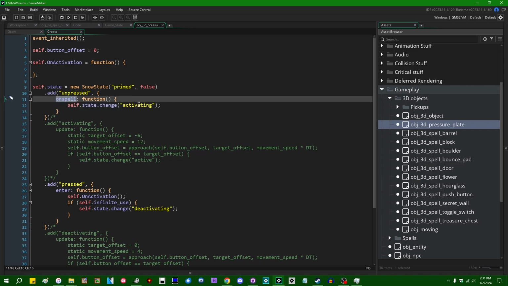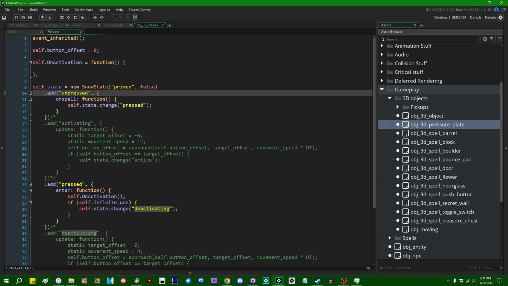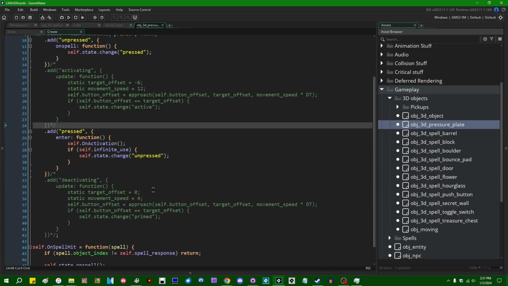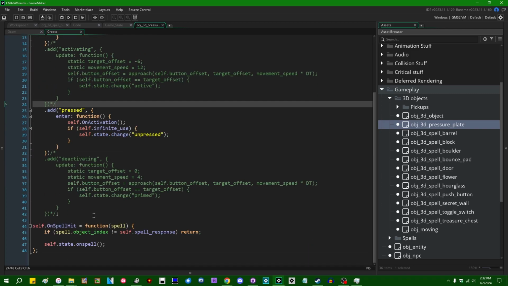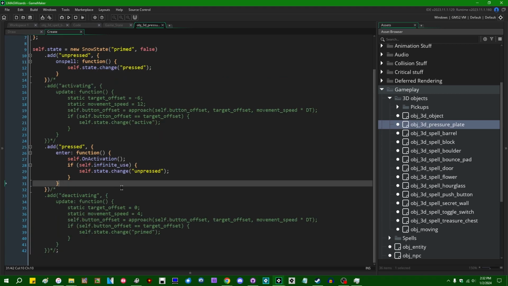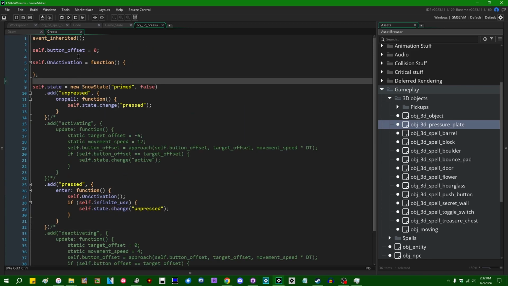So instead of saying on spell, we'll change state to pressed or unpressed. We will instead check for collisions with certain objects, and that could be, let's say, the player. Maybe the player can just step on a button. That could be a block. That could be something else. I don't need